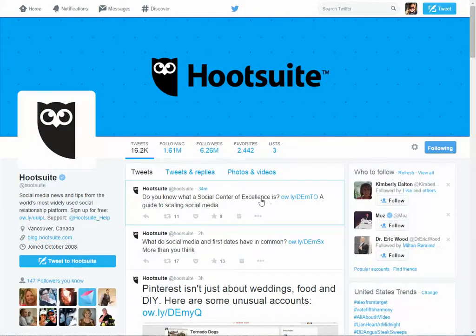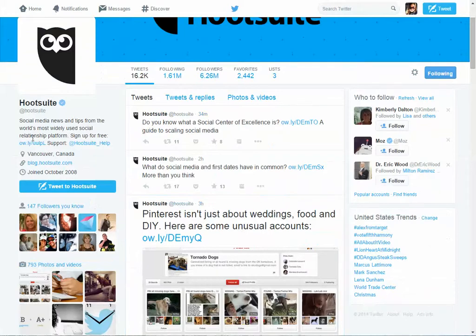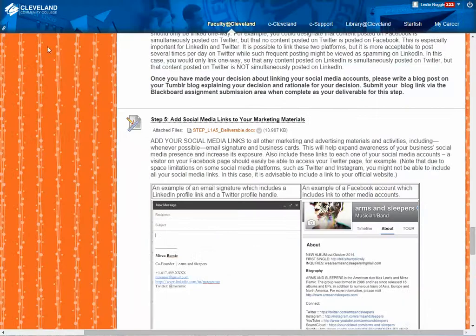Another example, if we look at Hootsuite's Twitter profile, you can see that they have a link here to their blog, which is the other social media account that they use, and then also a link so you can get to their website easily. So you want to make sure that your social media accounts show up, are linked from each other. So what I would need for this assignment is just a screenshot, maybe of this part of the profile here for Twitter, and then the same thing for Facebook or Instagram or whatever other social media platforms you